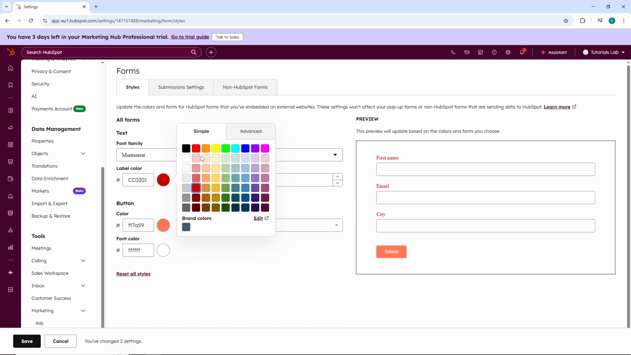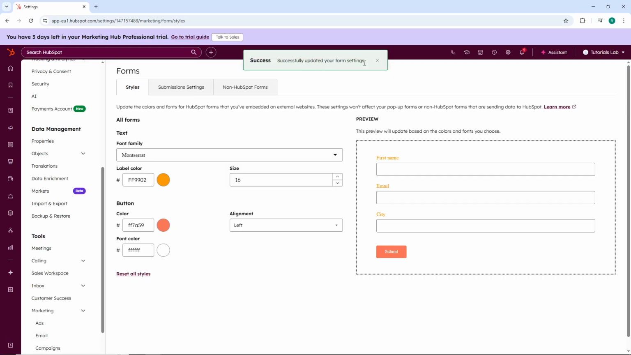Finally, look to the bottom left corner of the page where you'll find a Save button. Click this to apply your global style settings. Your changes will now be reflected across all existing and future forms in your HubSpot account, saving you countless hours of manual